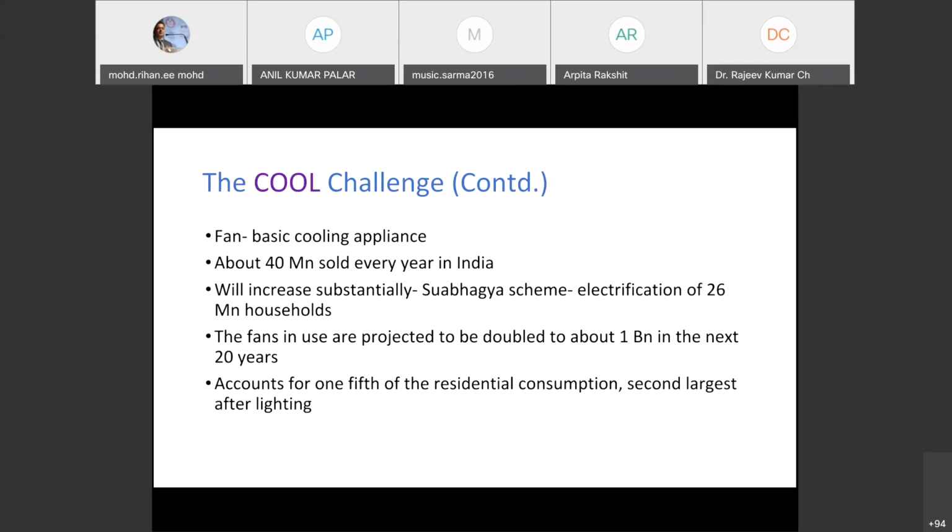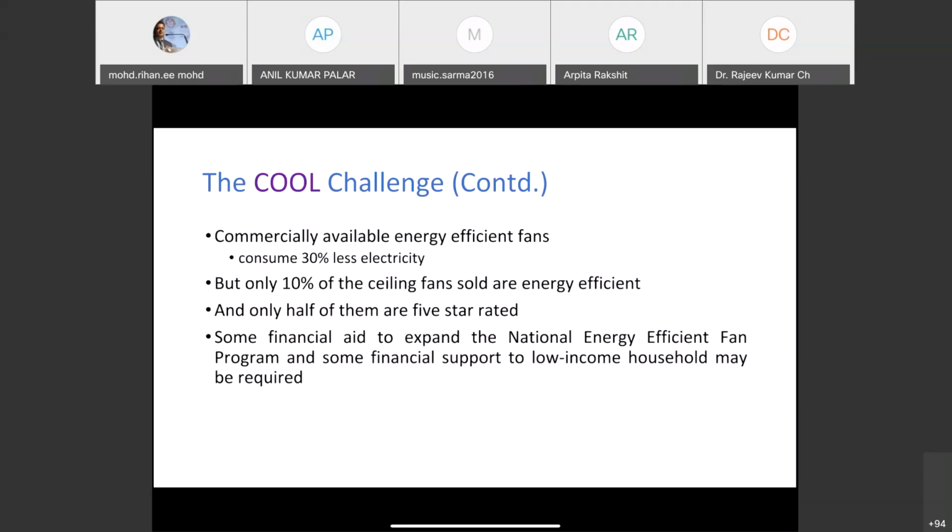There have been important technological advancements. I am sure you are aware that new fans have come which are supposed to be of 32 watts only. Slightly costly, so many people are not aware about these fans. First we need to create the awareness, and then we need to provide some financial support also to the people who are not that financially well off, so that they prefer these fans as compared to the conventional fans. Because of the number involved, this is again an important area which should be considered.